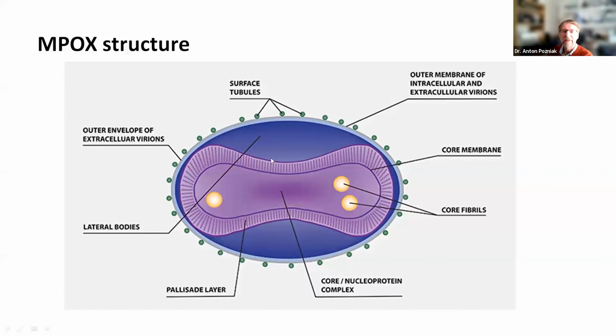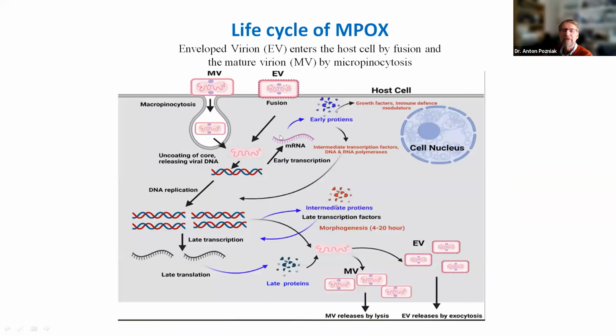So here it is. It's got an envelope. It has this core membrane with fibrils and a nuclear protein in the center here. And it's interesting to know that some of the virus has this special envelope and other parts of the virus don't. And here it is, so here it is as a mature virion and an enveloped virion. The mature virion is mainly intracellular, and then when the cells break, the virion is released and gets phagocytosed back into other cells. And there's a circulating virion which has got an envelope. The difference between it is there's one extra layer in the enveloped